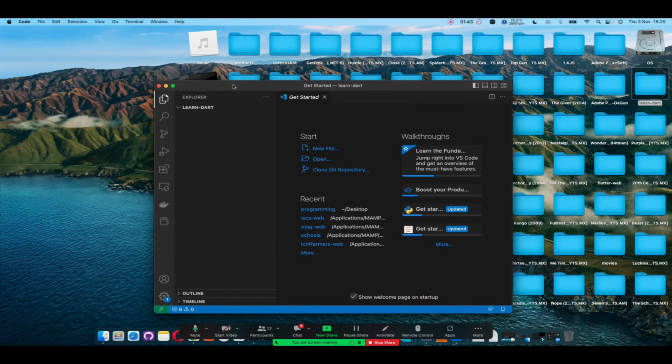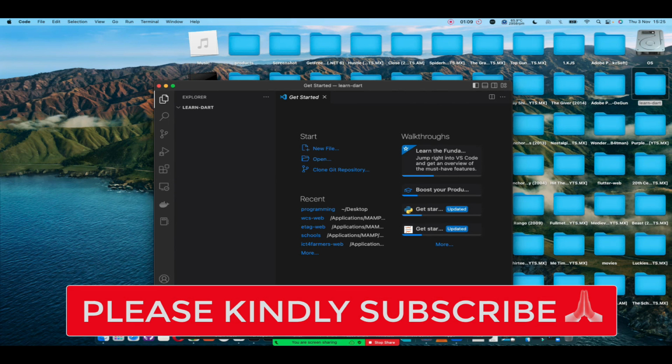Once you have your folder open in Visual Studio Code, the next thing that you're going to do is start creating files for the programming. If you're totally new in programming, all you should know is that everything in programming is just a file. They're just files. You write your things just like the way you write your normal things, but in files. So I'm going to now create my first program in that programming language.